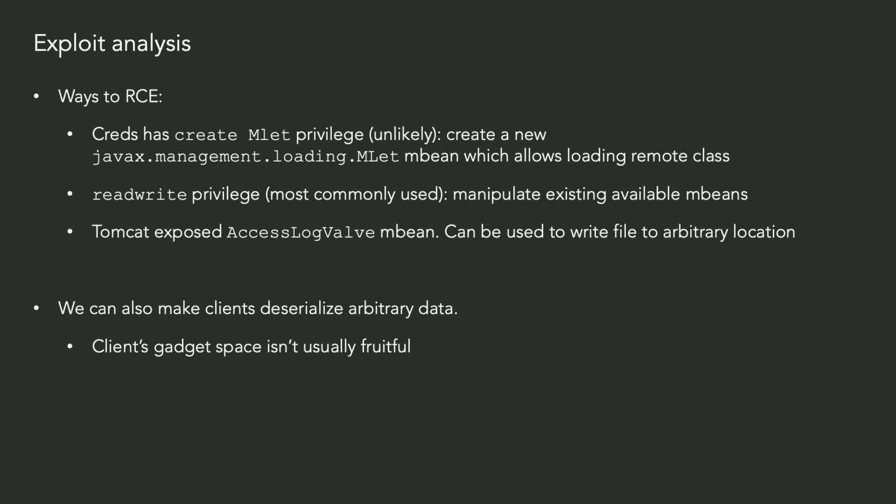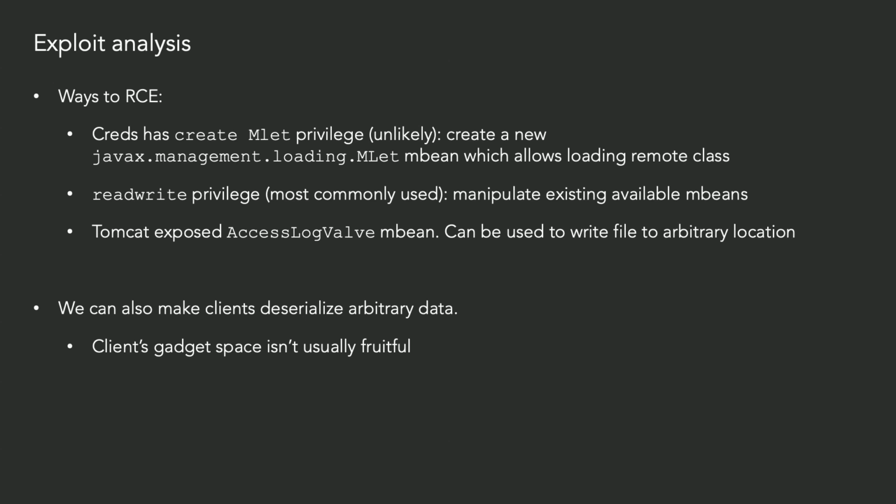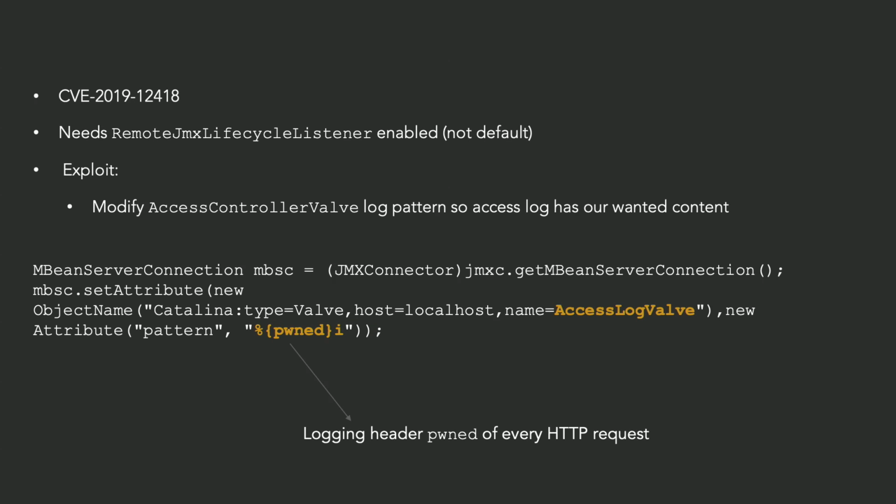So, yeah, we can also make clients deserialize arbitrary data, but it's not actually very useful in reality. So there's Tomcat. Tomcat has a JMX Remote Lifecycle Listener, but it's not enabled by default. It's a cool exploit. We can modify the AccessLogValve's log pattern of an access log to